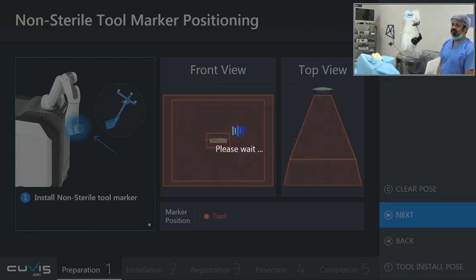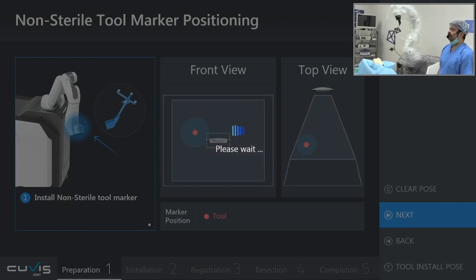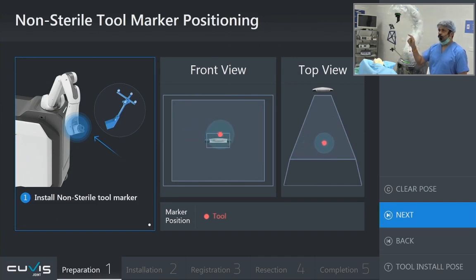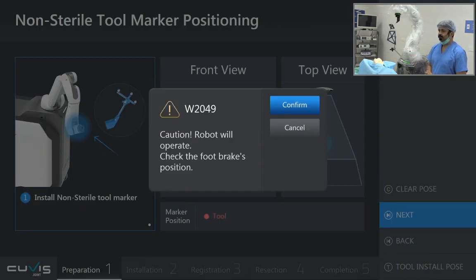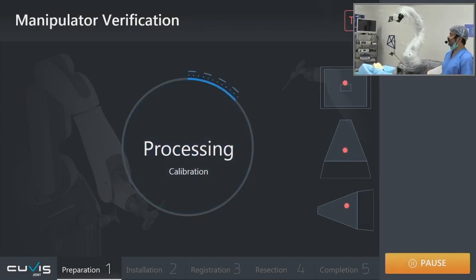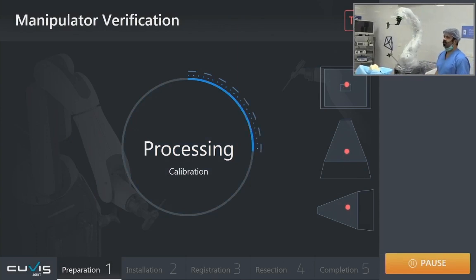verification. All it does is make movements in different planes and see if the tracker of this robot is visible to the camera. Now here is the time where one can position the camera so that the red ball which you can see is almost bang in the center, and once this is achieved, we are all set to go to the next step. And as you can see, the calibration is in process, and the robot is going to move through the entire 360-degree range of motion,